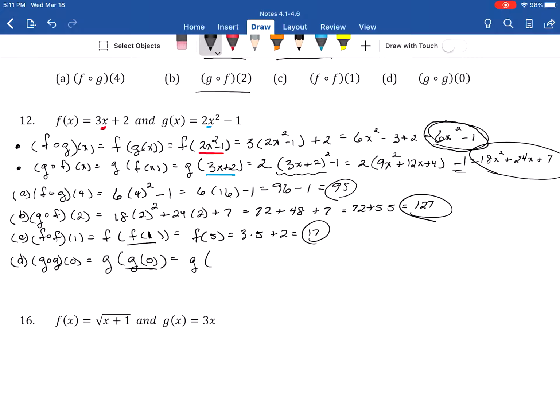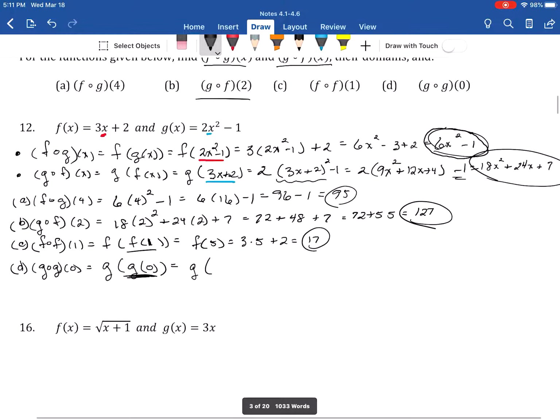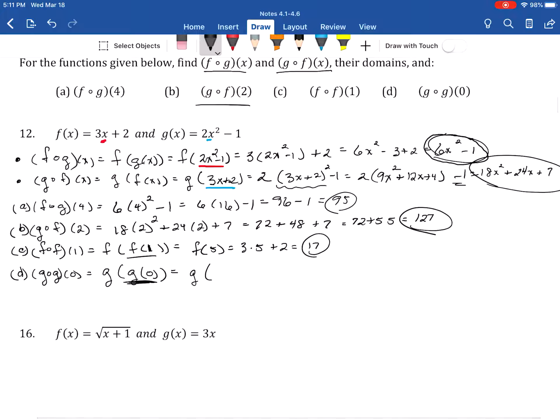Okay, once again, g of g of 0. 0 goes into function g in place of the x. So that's going to say 2 times 0 squared minus 1, or g of negative 1. Now negative 1 goes into function g once again in place of the input. So that's going to look like 2 times negative 1 squared minus 1. So 2 times 1 minus 1 equals